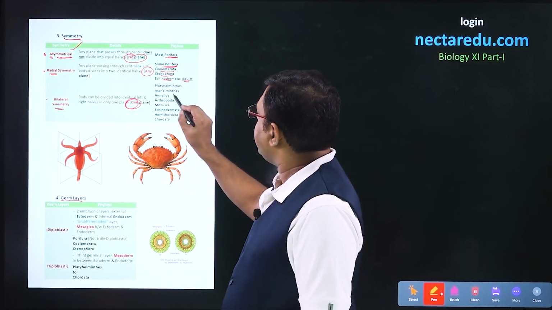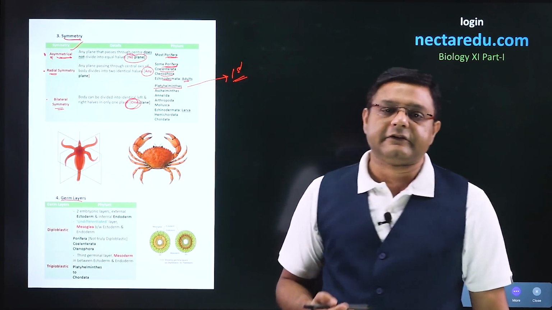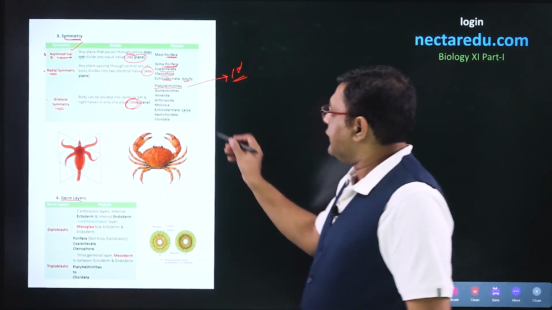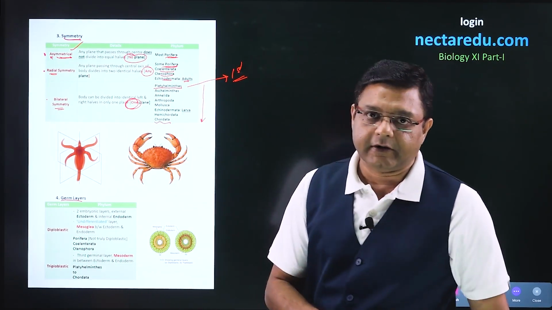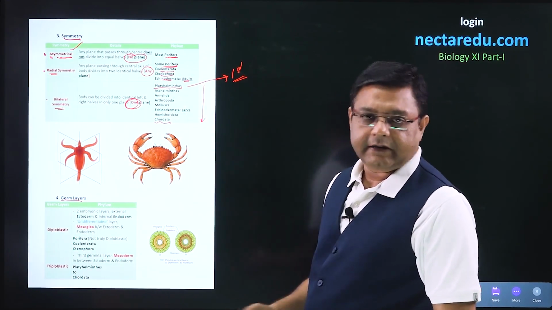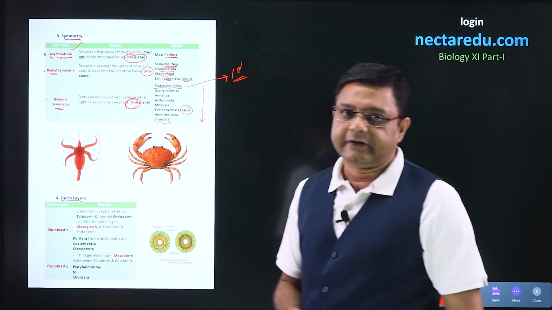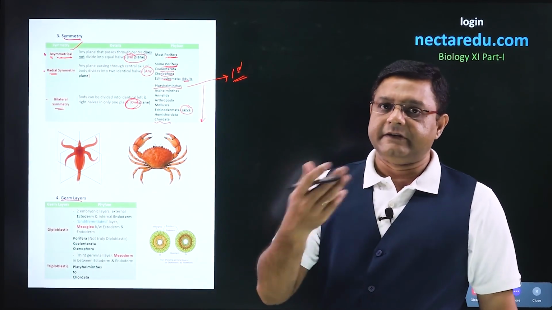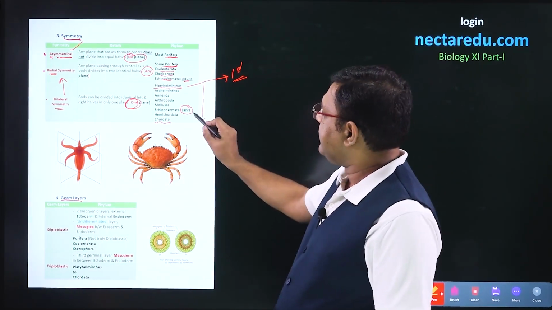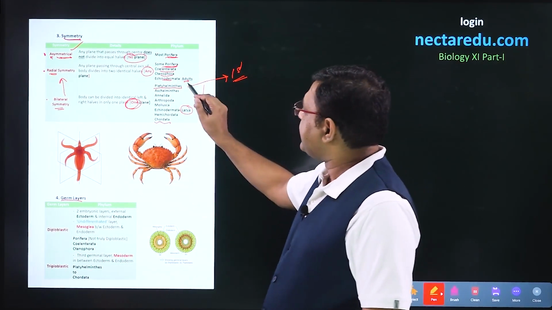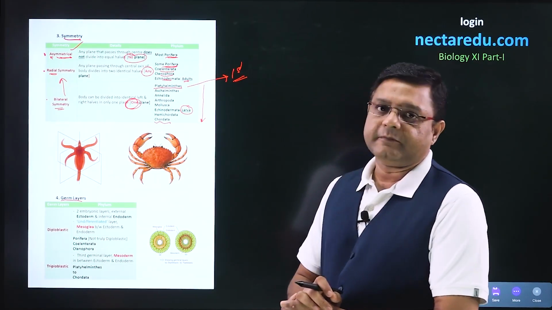After this, there is Platyhelminthes. We can say that the first phylum in which bilateral symmetry comes is Platyhelminthes. From Platyhelminthes, it continues to the last, that is Chordata. But the exception is Echinodermata that we talked about. The Echinodermata larva has bilateral symmetry, but when this larva changes to adult, the symmetry changes from bilateral to radial. That is why we say that the larva has bilateral symmetry, but adult echinoderms have radial symmetry. So, this is the symmetry which is present.